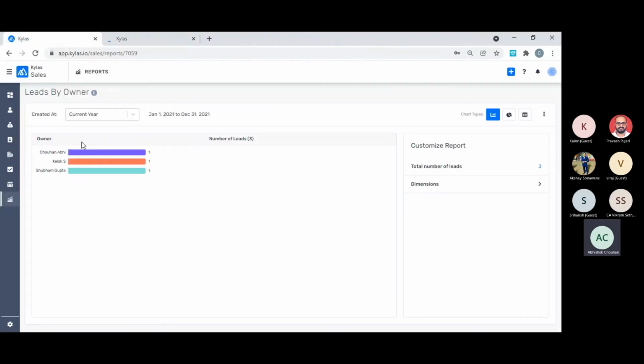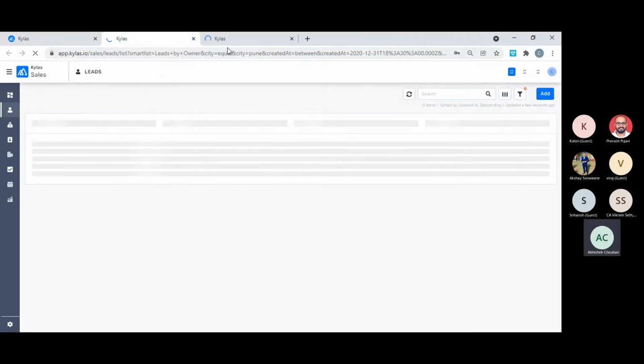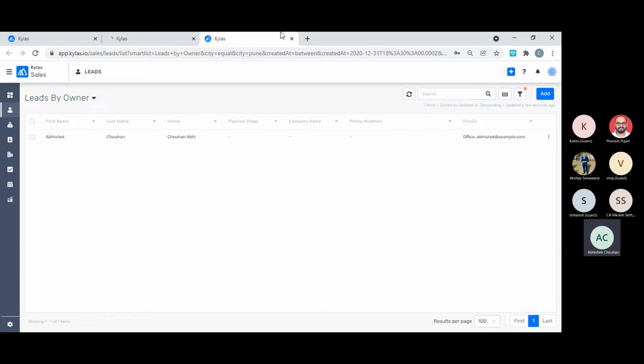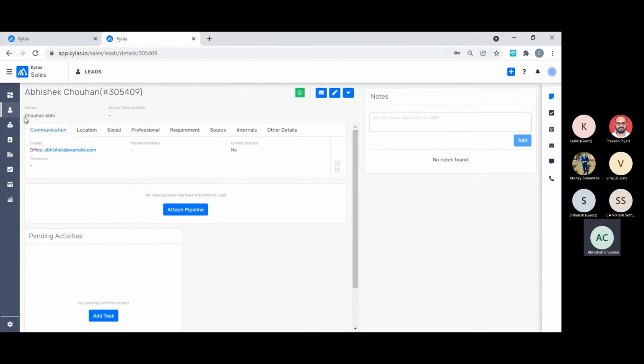It applies all those filters that were necessary to build that report, and it shows me that particular lead, which is assigned to Chauhan Abhi and which is coming from the city called Pune. So this is that lead. If I go to the details of this lead, you will see it is assigned to the user called Chauhan Abhi, and if I go to location, the city must be Pune.